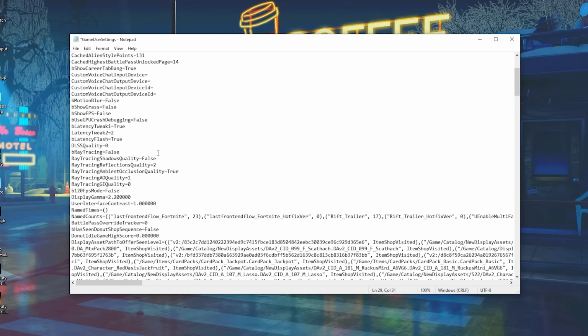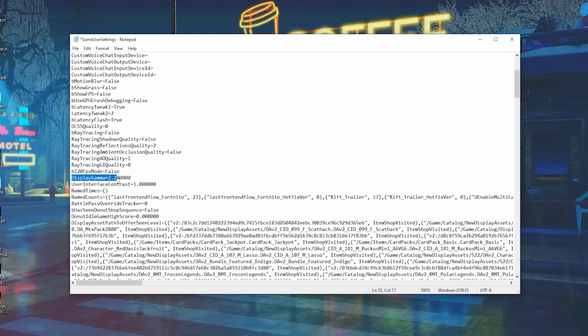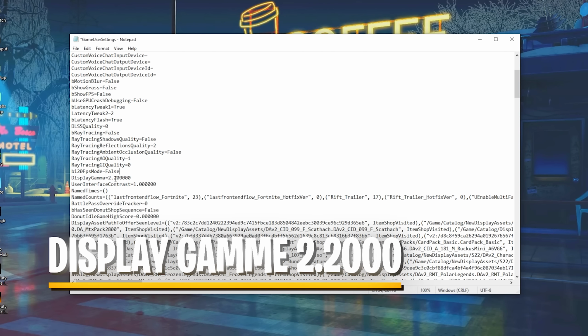Even though it says here in the config right now that it's on true, you might think, hey, it's not enabled whatsoever, but it might still bug out in the game, guys. So therefore, please just simply make sure to put it onto false, guys. And now as we move over here to the display gamma, we gotta put it on 2.2 and then